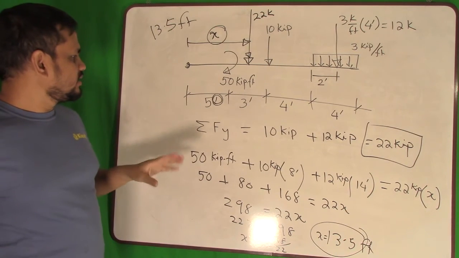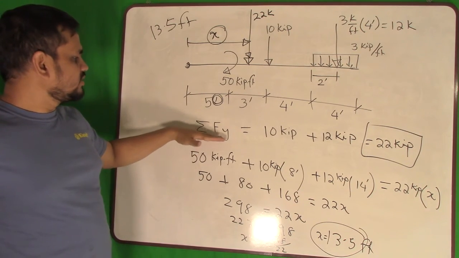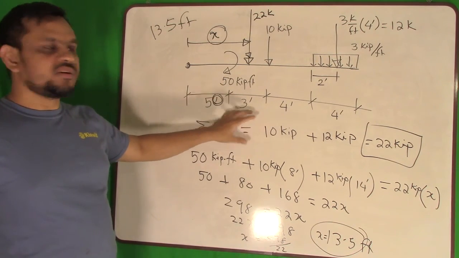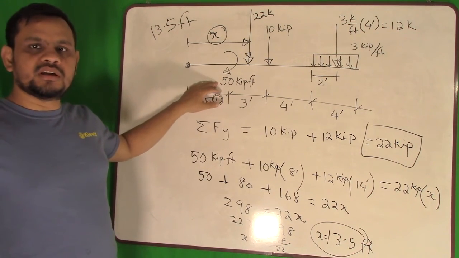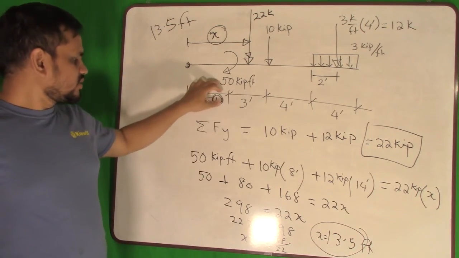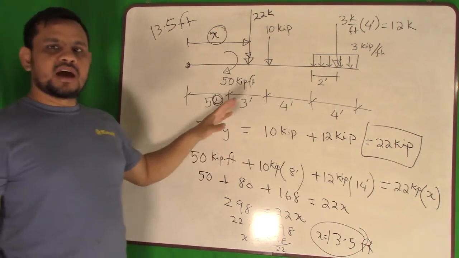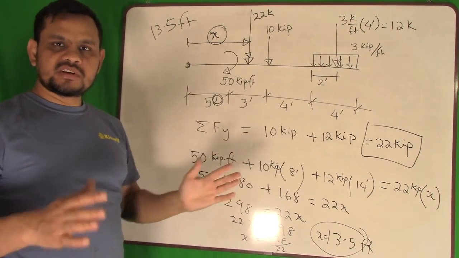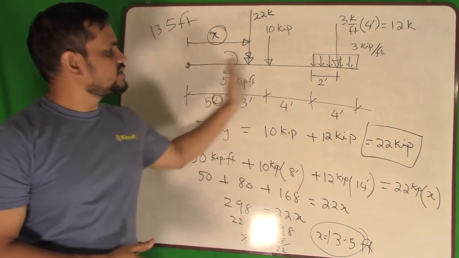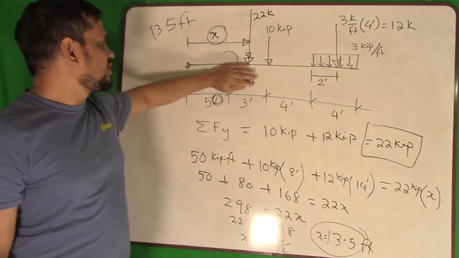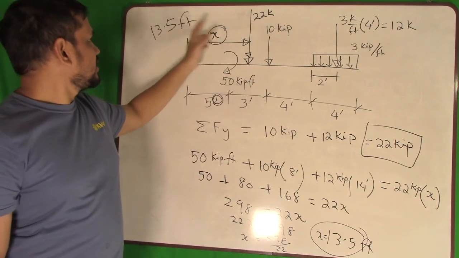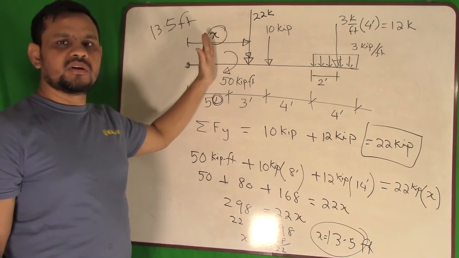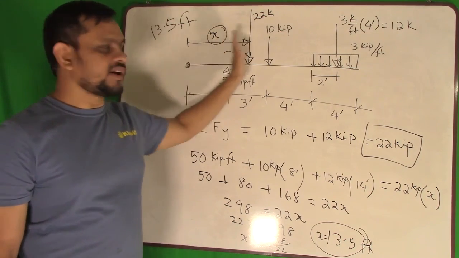Now you can think about it. At the beginning, when I took the force, I did not consider the moment. I took the force only. So how is the effect of the moment considered? It is considered here. That means I could not consider this moment when I took the force, so my force was small, and then my distance becomes larger. If the moment is not here, my resultant will act maybe somewhere closer. As I have this, it will be far away.